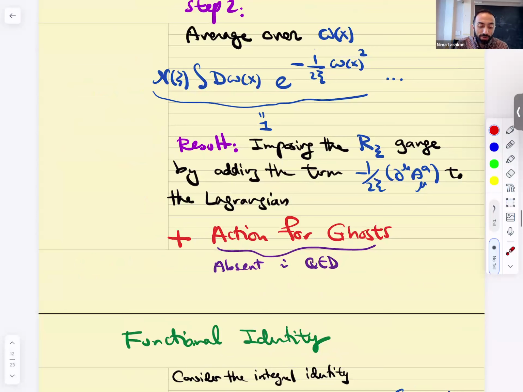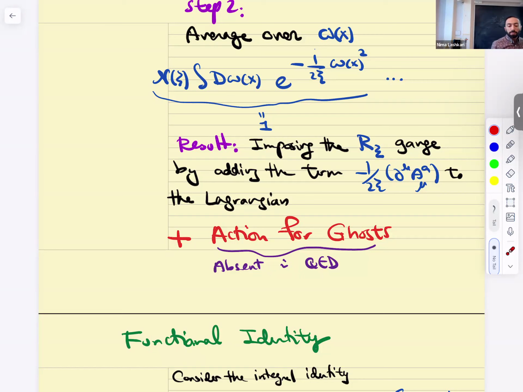All right. We saw that the way we argued for R_ξ gauge, if you recall, was that I added this term to the Lagrangian. We're going to see that performing this integral, massaging things, will give me this term in the Lagrangian for QED. For QCD it will give me the same term with an A. But for QCD, or non-abelian gauge theory, it will give me extra junk that drops out in the case of QED. That extra junk is this. It's a determinant that we interpret as ghosts.